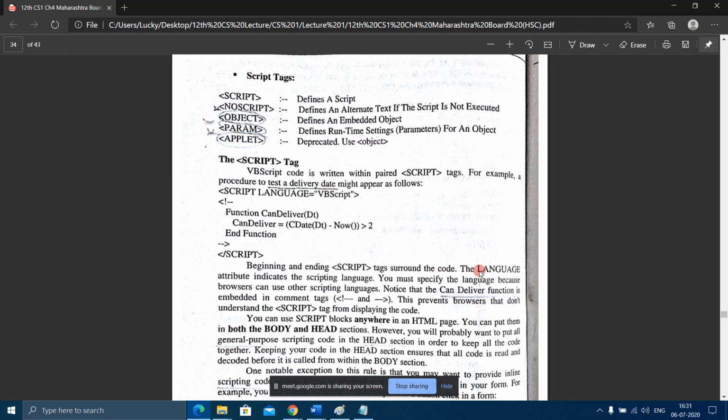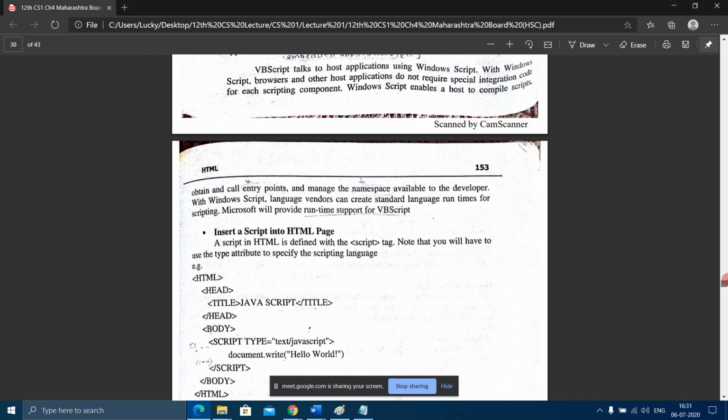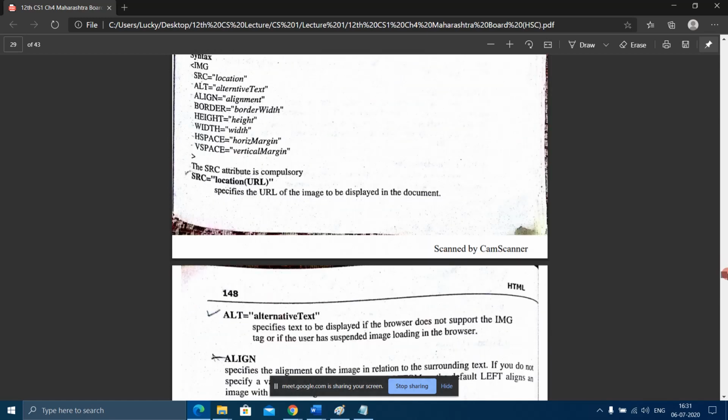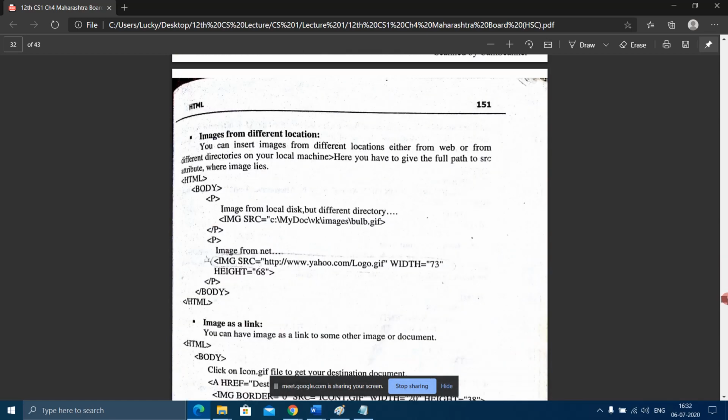The language attribute indicates the scripting language: language is equal to VBScript. Either you can use the type attribute or the language attribute to specify the type of scripting language you are going to use. Here we had learned the type attribute, if you remember.